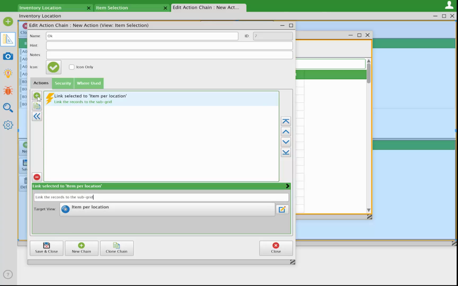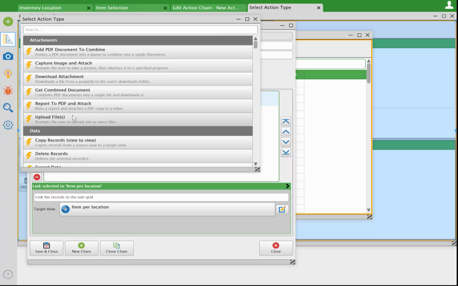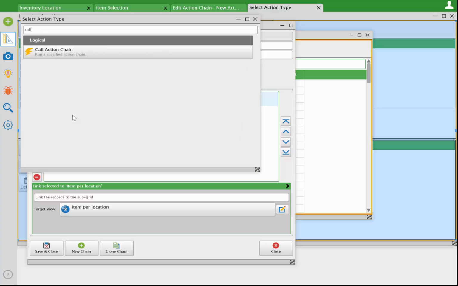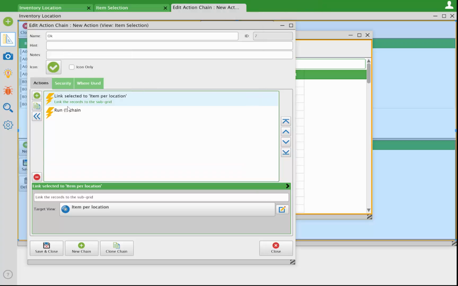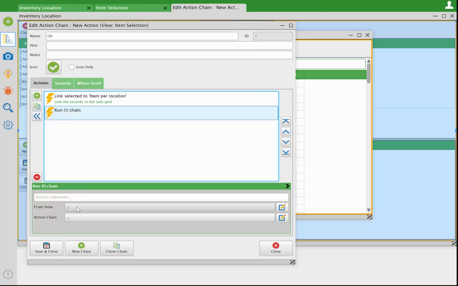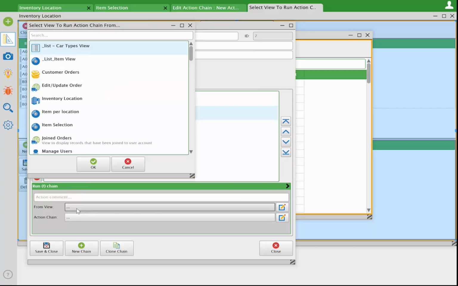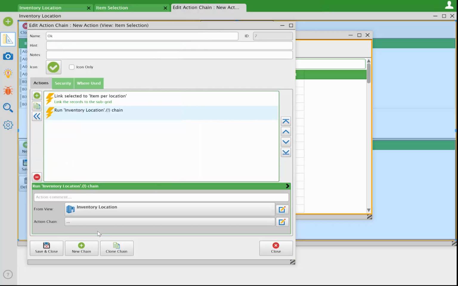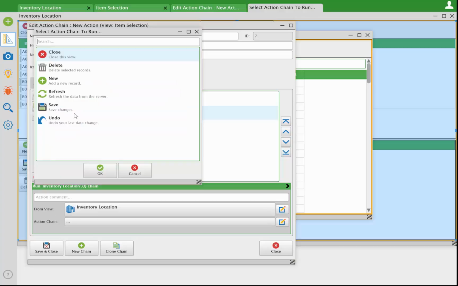And now let's add a refresh action to our calling view. We want the call action chain. And what we're going to do with this is we're going to choose our inventory location as our view, and then we select the action chain from that view that we want to run.